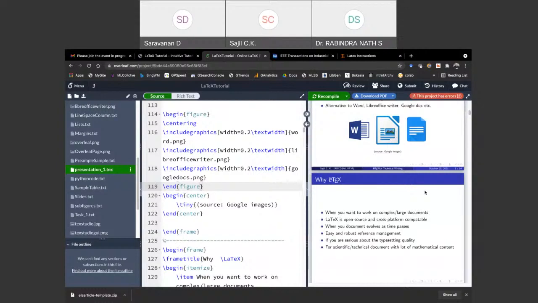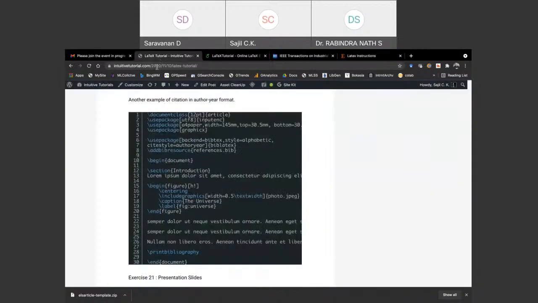Can you make these documents available online as reference, not the default overlay, for example? Yes, it is already available in the link I have shared. For every code snippet, every sample example, I have written a blog article about this, and you can go to this link and get the examples.